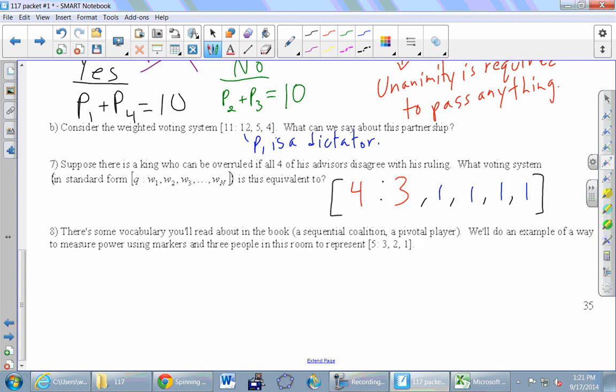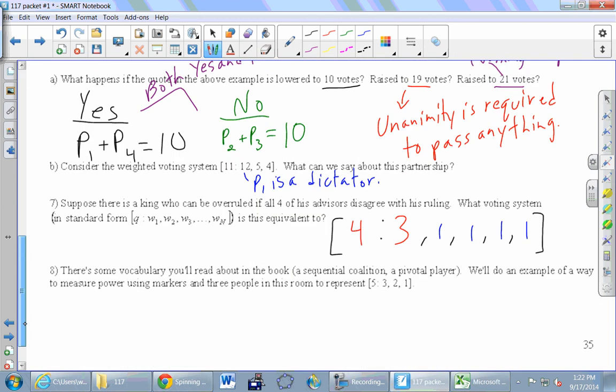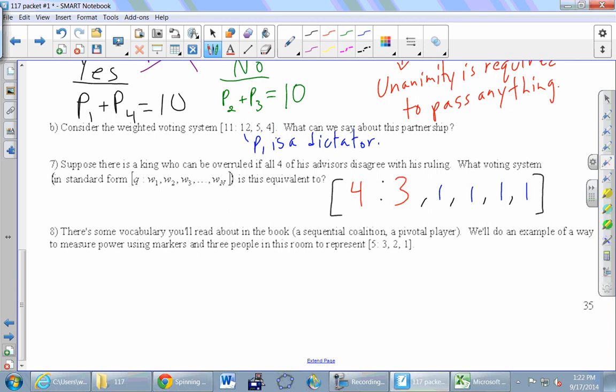Okay, so here's the idea behind the way that we're going to talk about measuring power today. It's got a fancy name. It's called the Shapley-Shubik Power Index, and we're going to calculate it right now. So Shapley-Shubik, it's actually written right at the top right there. Okay, so here's the idea. We are going to take these 3 people, and we're going to have you guys standing in numerical order at the start. So Tony first, and then Monica second, and then Ricky over there.